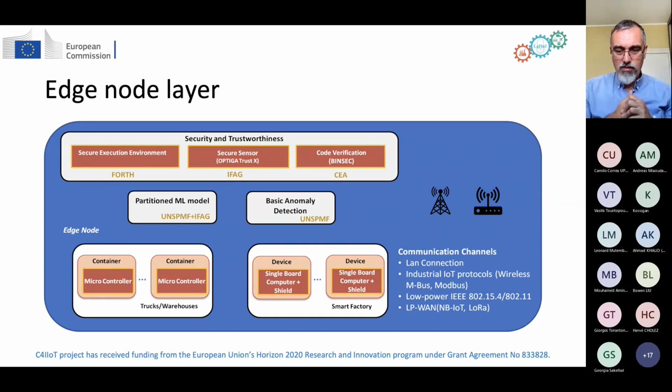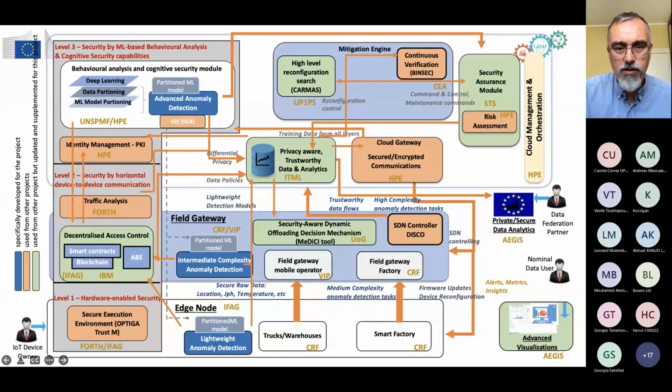That's, as far as we know, an innovative method. So this anomaly detection is relatively weak. It's an autoencoder with one hidden layer, not too big. So what it cannot process, it will send to the upper layers. So in the upper layers, up here in the field gateway layer,